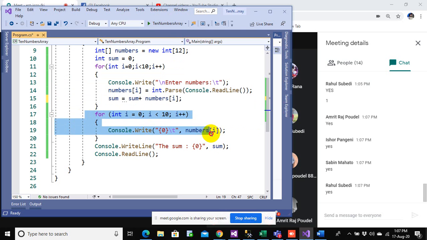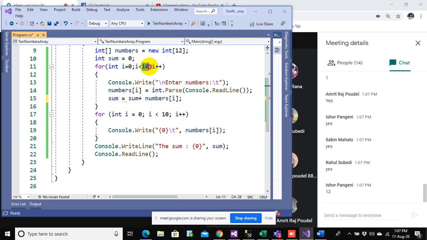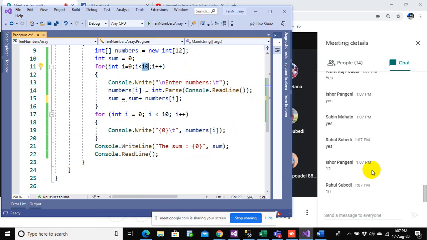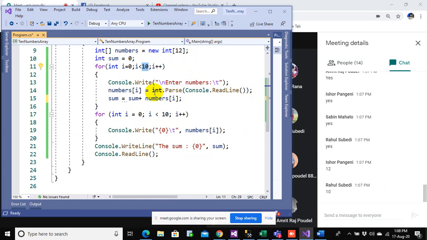But we want to print all the values, isn't it? So in order to print the values, how many elements do we have altogether? Can you please make a very quick confirmation, everyone? How many elements do we have inside this array? Is it 12? How come that's 12? You saw that's why, because you have supplied only 10, it will have only 10. Two values will be useless. Rahul, 10. Yes, we are only using 10 variables.